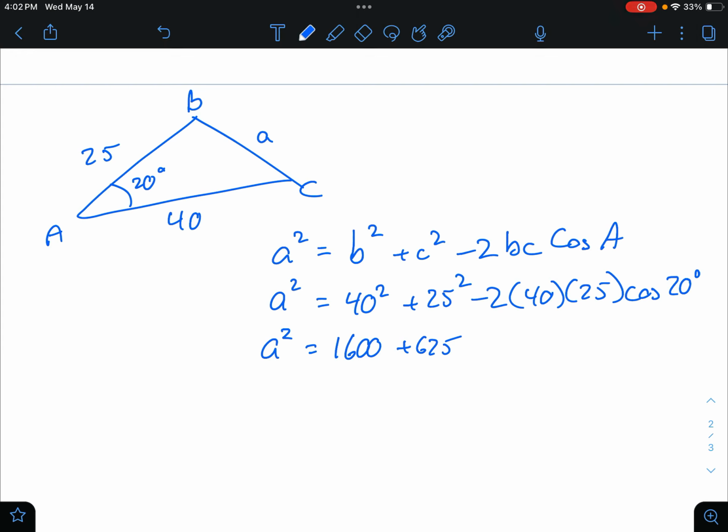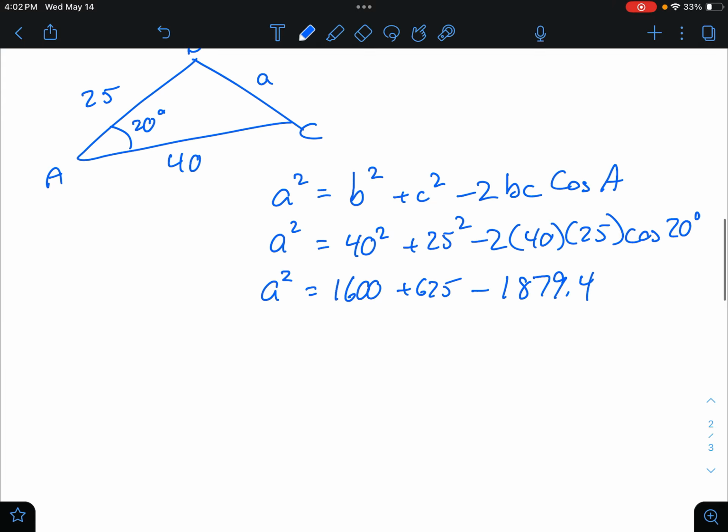That's 4 numbers all multiplied together. When you do that in your calculator, and you should try it, you're going to get this number, negative 1879.4. That's what that should work out to on the end. Now, I've essentially got 3 numbers. I got an addition and a minus sign, so we're going to basically combine that all together. We get a squared equals, use your calculator and go 1,600 plus 625 minus 1879.4. Punch that in, you're going to get